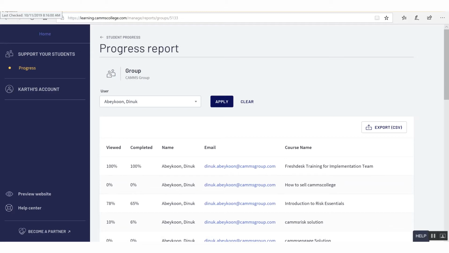This will help you. You can export the details as a CSV, and you will be able to see how your staff are progressing on these courses. Now, let's just go back to the slide deck